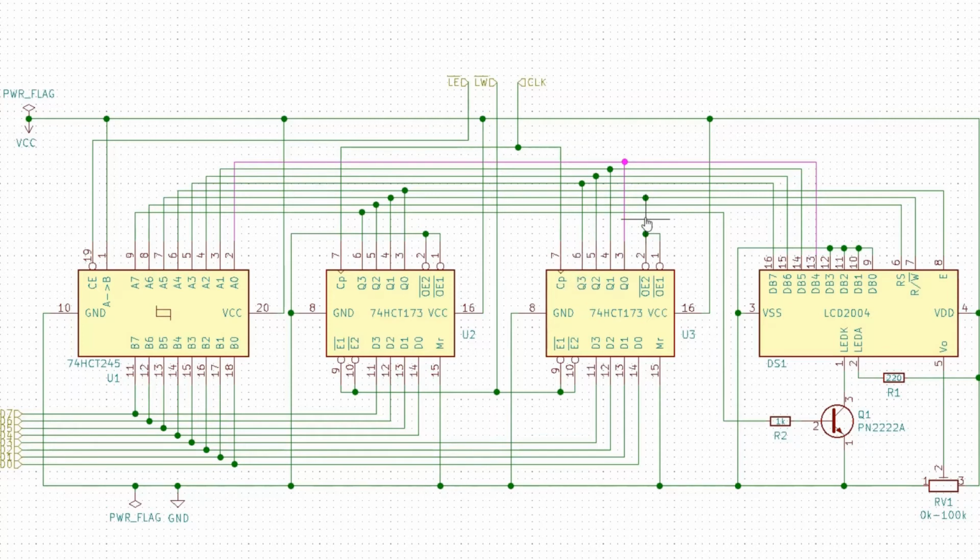The register chip on the right side is controlled by the read-write signal, so that in case that the display is going to